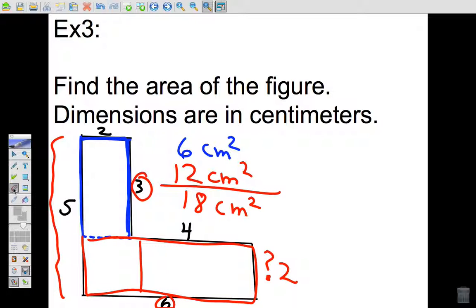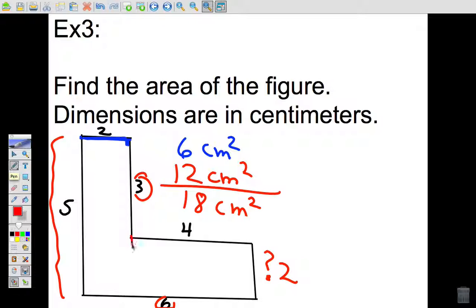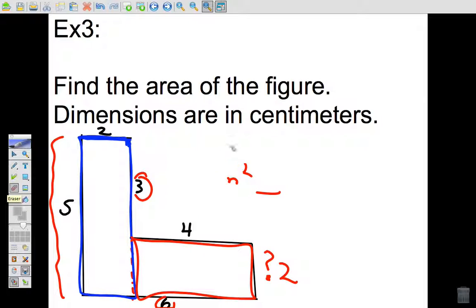Now the point I want to make here is you didn't have to separate it the way I did. I went across. How about if we would have separated it the other way? So how about if we would have separated it straight down like this? Well, find the area of this rectangle in the blue, and then let's find the area of this rectangle in the red. And you're going to have the same type of situation. Now remember, we got an answer of 18. I'm going to erase this from the previous